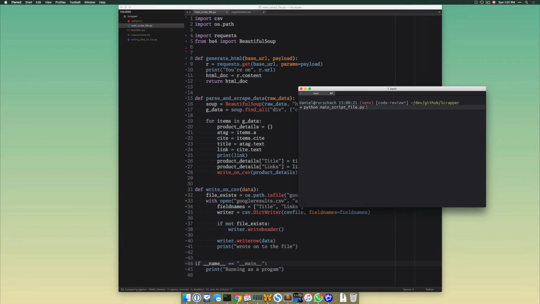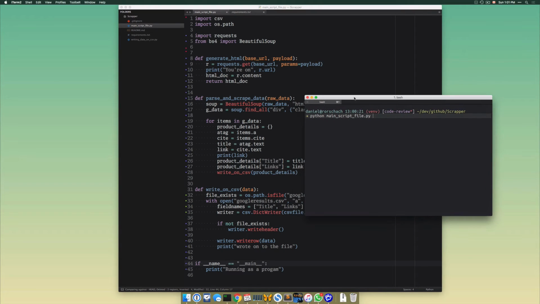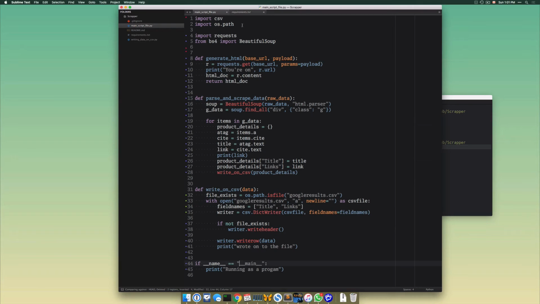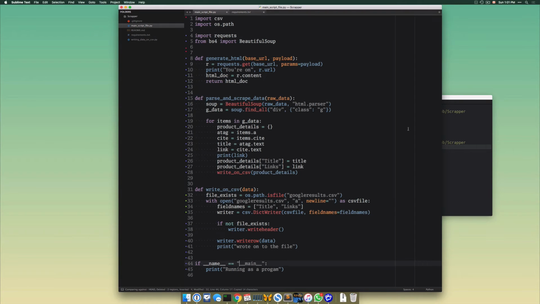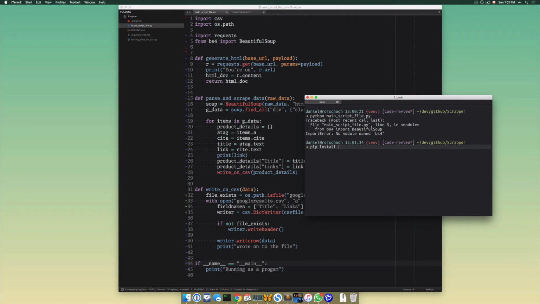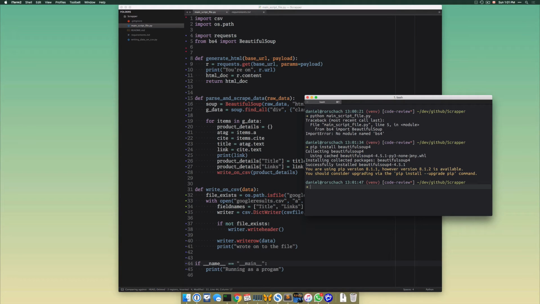All right, so back to what I wanted to show you in the first place. I'm kind of jumping all over the place here, but I still hope it's going to be helpful when you watch the video in the end. So what I wanted to show you is that, right, okay, we need Beautiful Soup as well. More dependencies. So we just want to install beautifulsoup4. Okay. All right, so now when I run this,